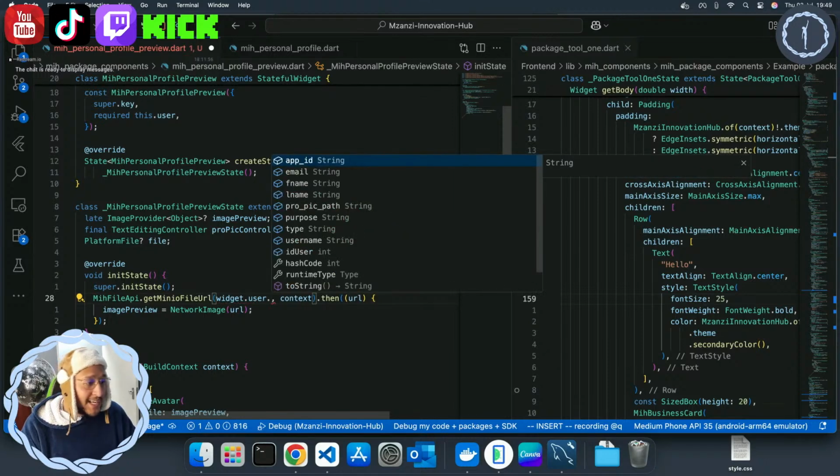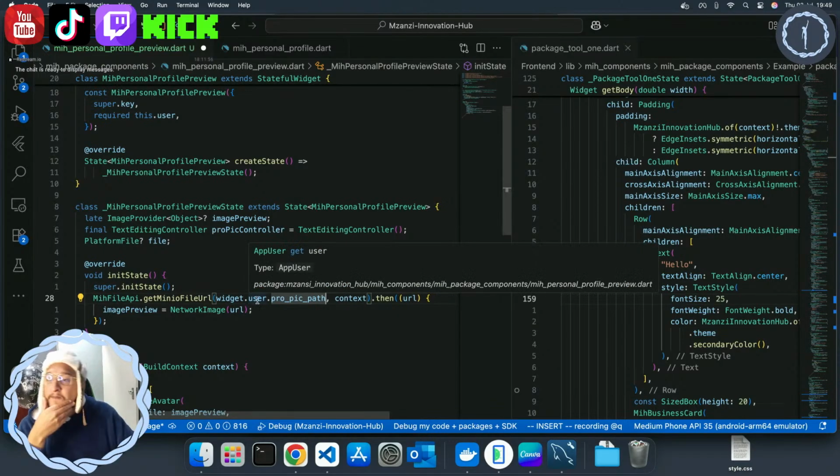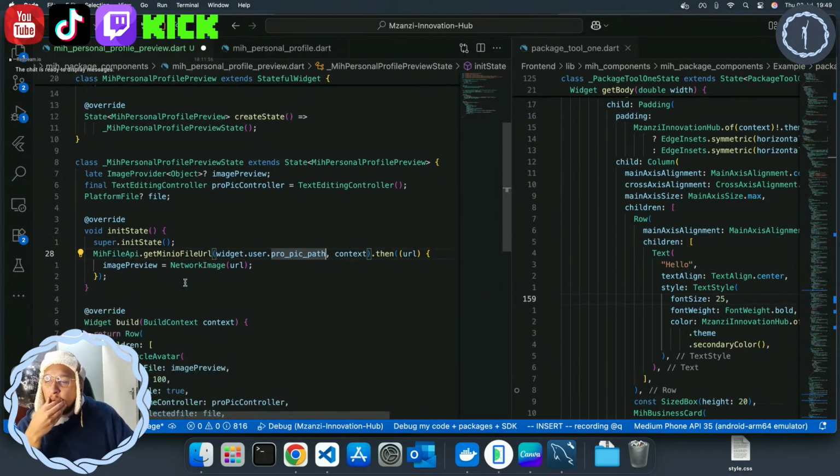Our custom object, React, no, Flutter. So Flutter is the framework that we're using. You can see there are a few characteristics, but we already have the profile picture path. So we can click on that and pass that into our get MIO file URL. So we're using Flutter as the front end. Who is this, Danny? So now we